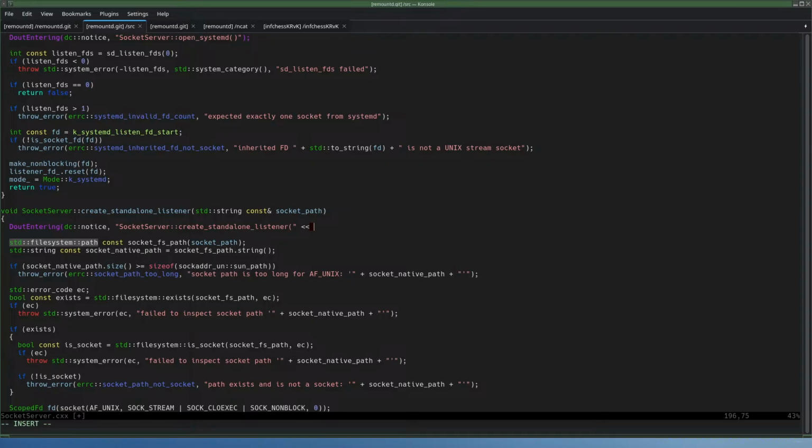Interestingly enough, it converts it to file system path, it being the AI, and then immediately back to the native path. Seriously.